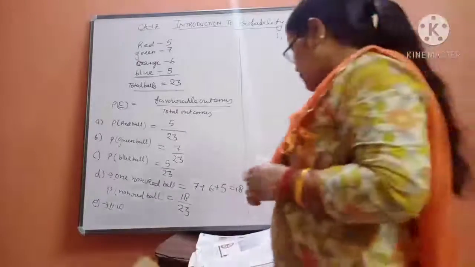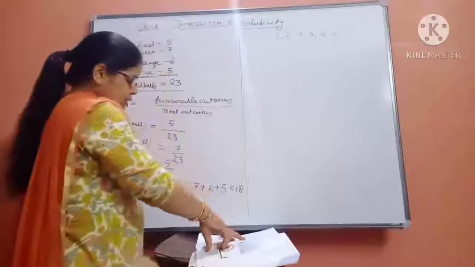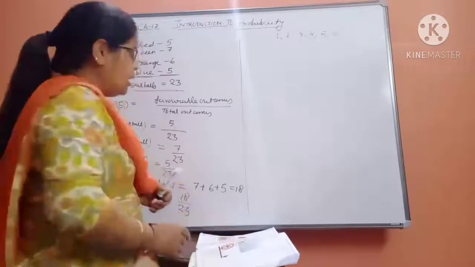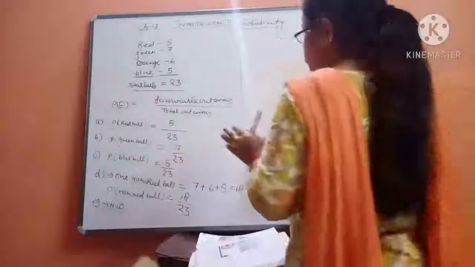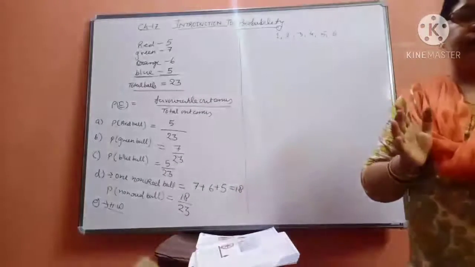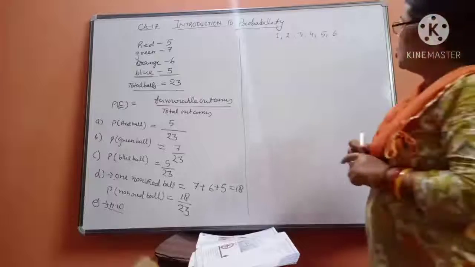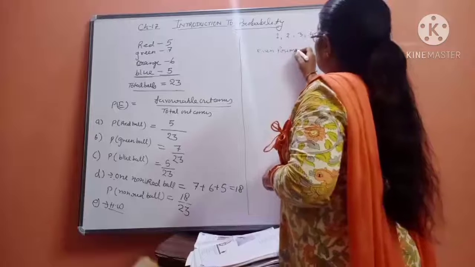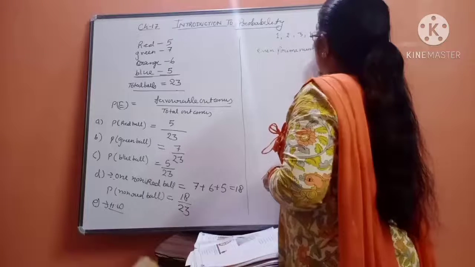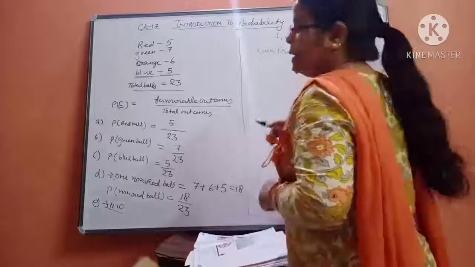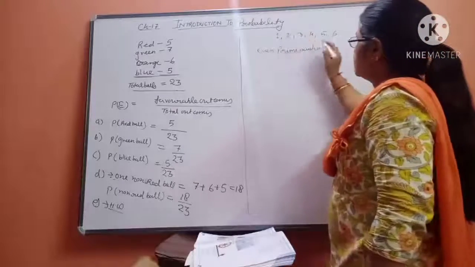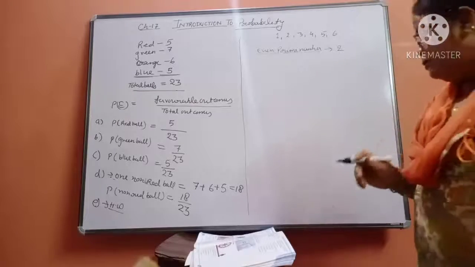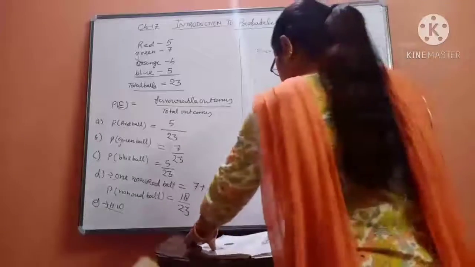Now see what the first question is. A dice is thrown. Find the probability of getting an even prime number. What do you mean by a prime number? The numbers that come in their own table only are known as prime numbers. What you want is an even prime number. Even means the number should be even, and along with being even it should be prime also. The only even prime number in mathematics is 2. So how many possibilities are there for an even prime number? Only one possibility, one chance.